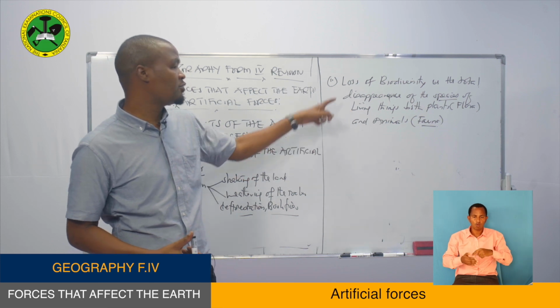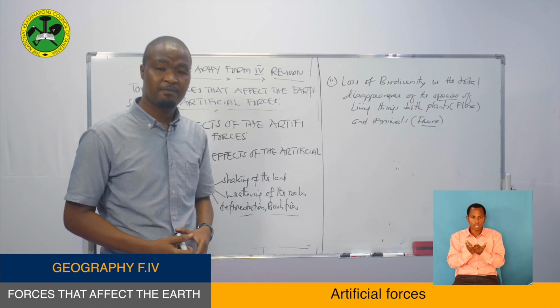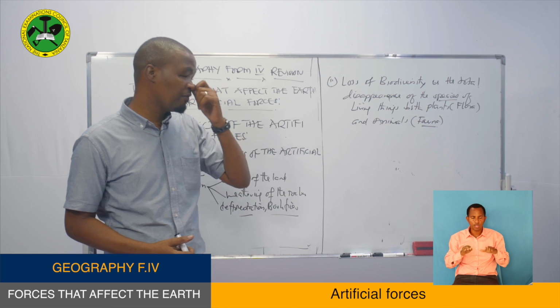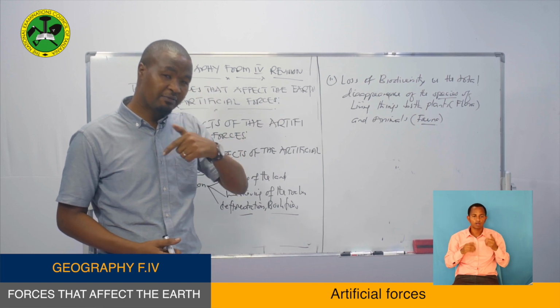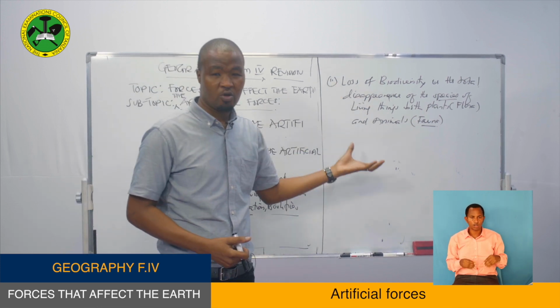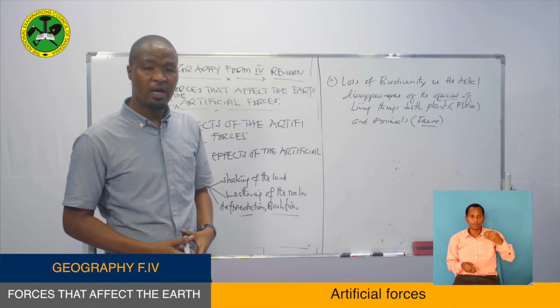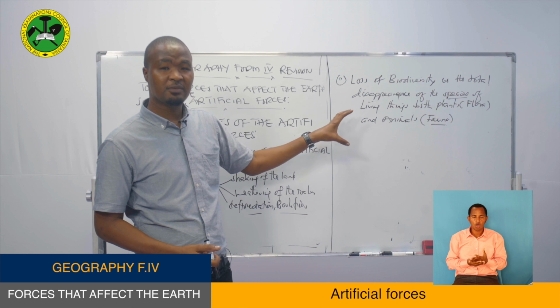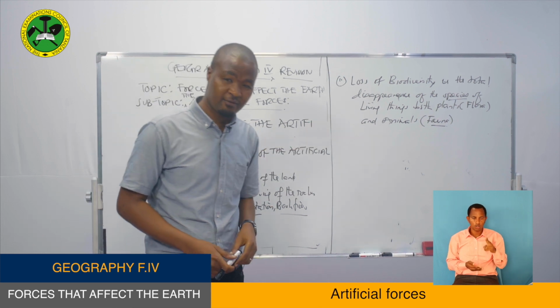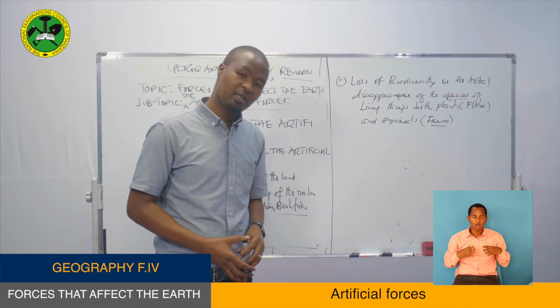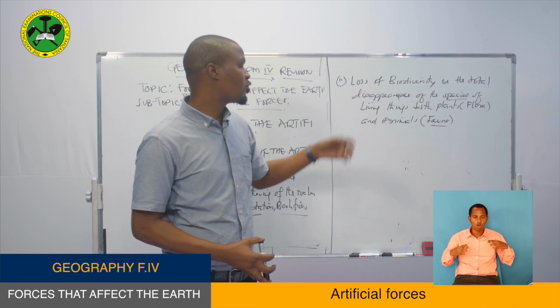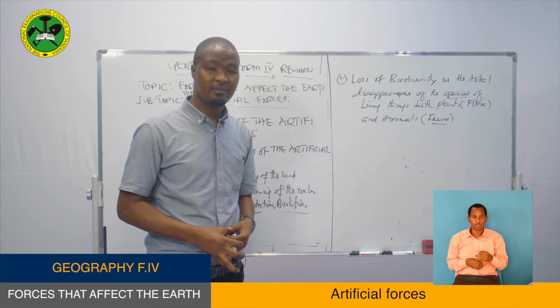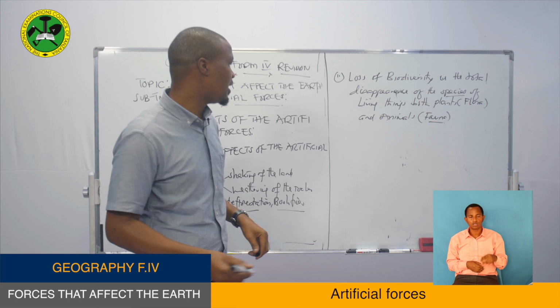So global warming may result in the loss of biodiversity, the total disappearance of the species of living organisms after the increase in hot or warm conditions of a given area. So you may find different species of living organisms may not survive in such an area. Later on, we'll have what is called the loss of biodiversity. Are you with me? Then from there,